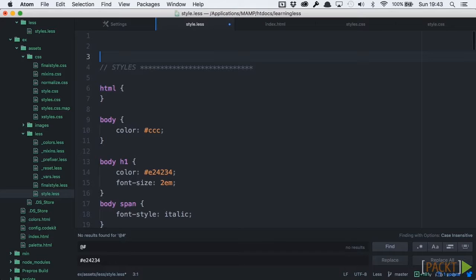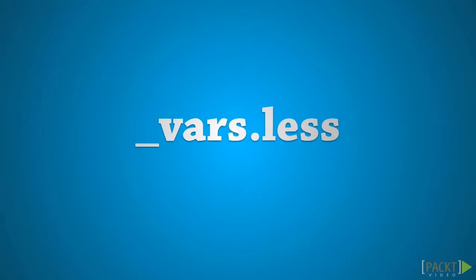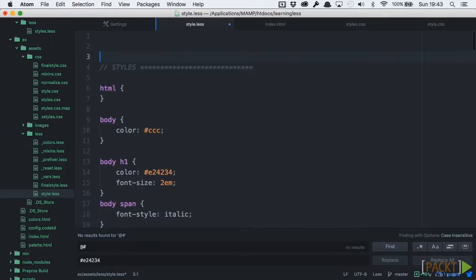So now that we know what variables are and what they can do, let's go through our style.less file and add a variable for the main red colour. I always declare variables at the top of the document as it's an easy place to locate them. However, if I'm working on a large project, I'll create a separate variable document called _vars.less and then import this. We'll discuss importing and naming conventions later on. You can put your variables wherever you want in your document, but it's best to keep them in one place. So let's begin by entering a new header comment,